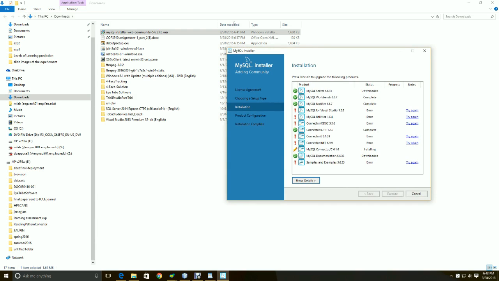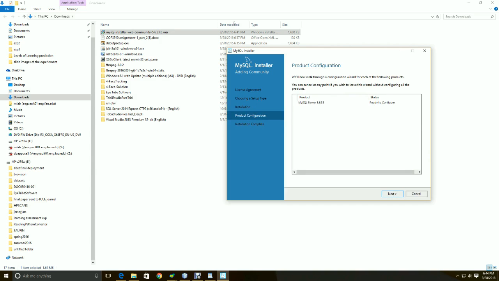Okay, it's installing MySQL Workbench 6.3.7. Once that is done, it will install the remaining software, and you can see the status is still installing. And once it is complete, it's going to install MySQL Server 5.6, Workbench also, and the MySQL connector, the driver. Once this is done, whatever is required is installed, and you can just click continue, and it is going to